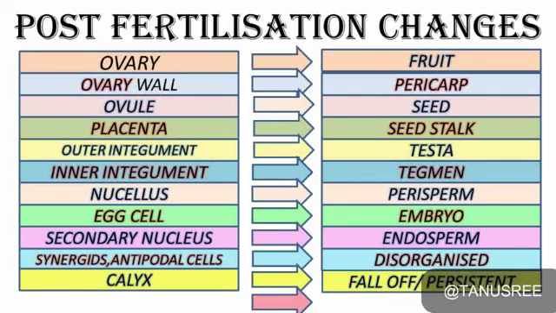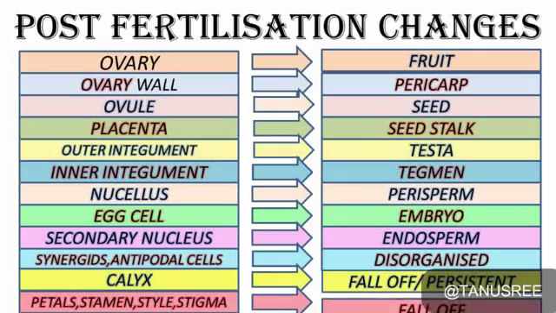The calyx may fall off or may remain persistent, as we find in tomatoes, brinjals, ladies' fingers. Whereas the remaining floral parts, that is the petals, the stamens, the style and the stigma, fall off. So thus we have had an understanding